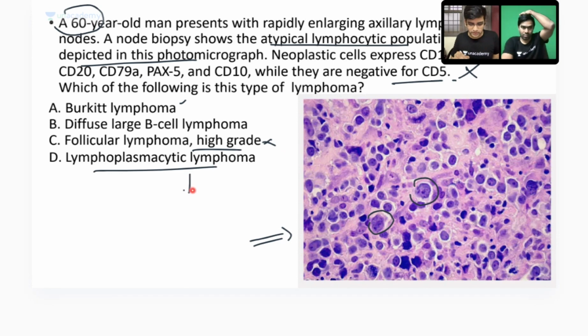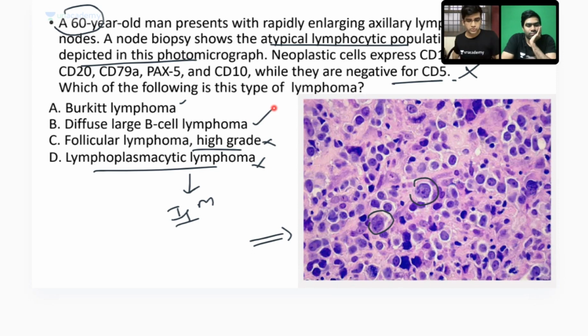Lymphoplasmacytic lymphoma. What's the other name of this? IgM secreting lymphoplasmacytic lymphoma. We have your Waldenstrom's, right? So should I have a few markers suggestive of plasma cell neoplasm if it is lymphoplasmacytic lymphoma? Yes, like Shastri said, I should have your CD38 and CD138, right? I don't have anything of that, so I'm going to rule out that as well. I'll go with DLBCL. Okay, why not follicular lymphoma high grade? To say it's follicular lymphoma high grade, what